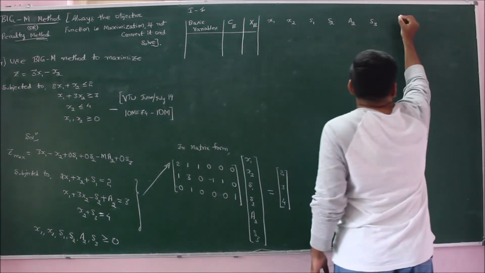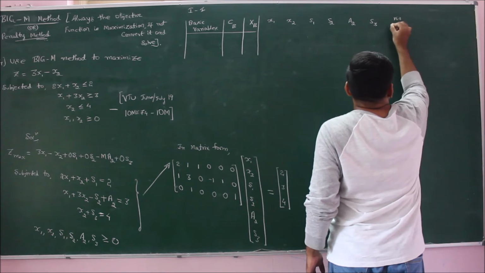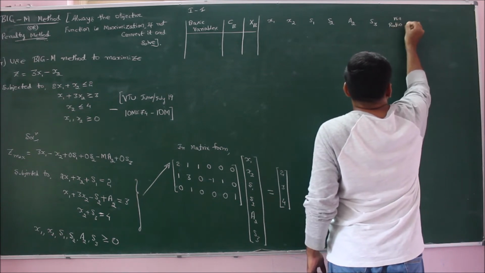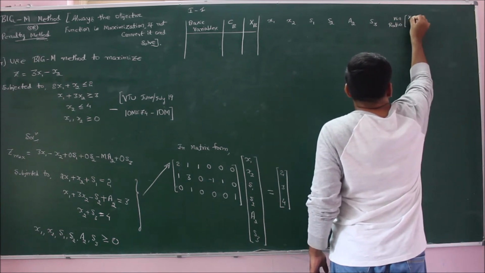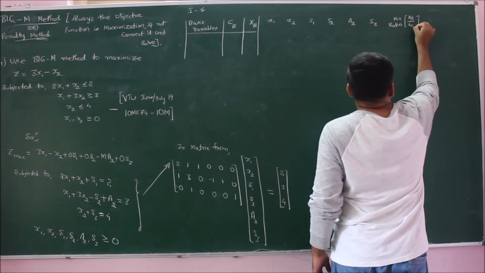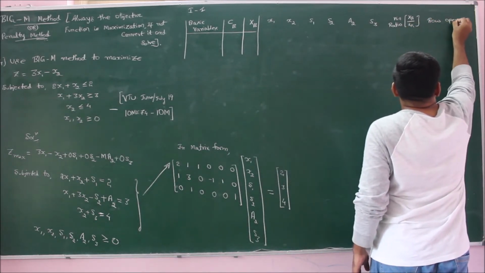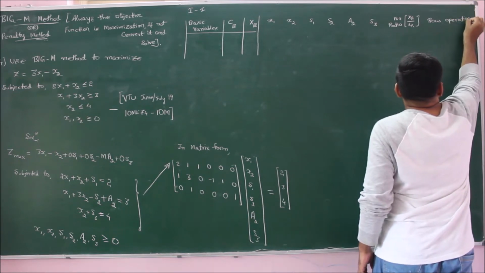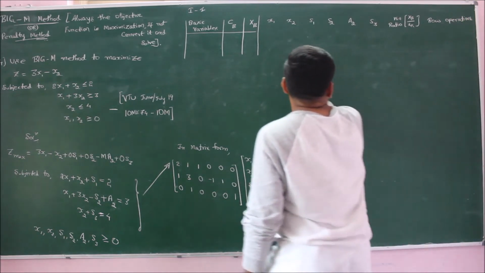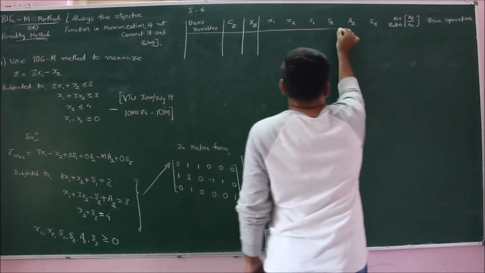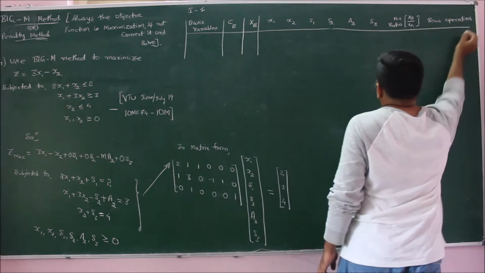And I should calculate the minimum ratio of xb by xk, and finally I should do row operations. So drawing the table, we'll get